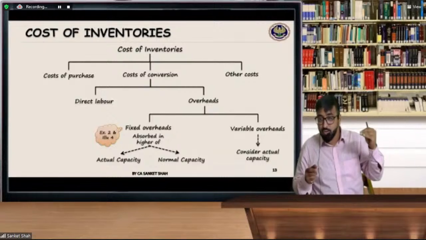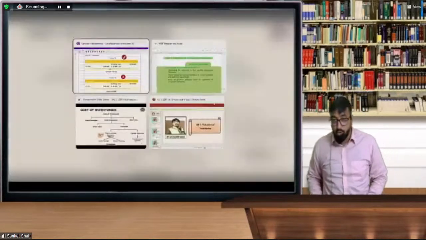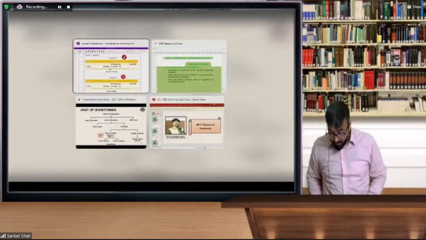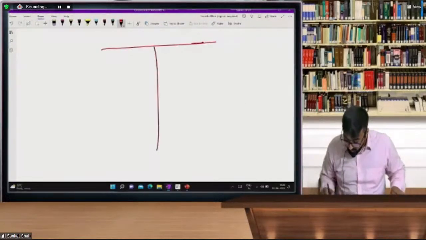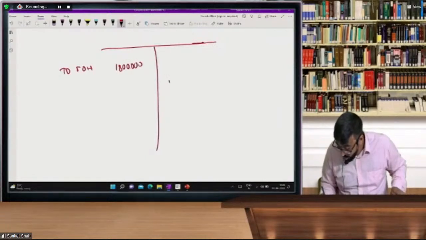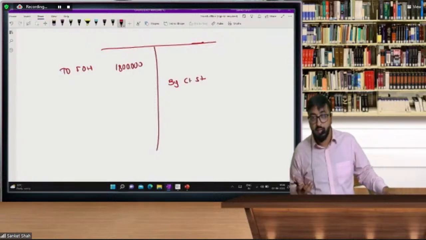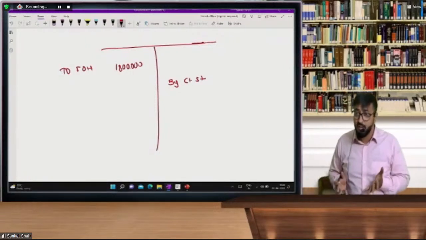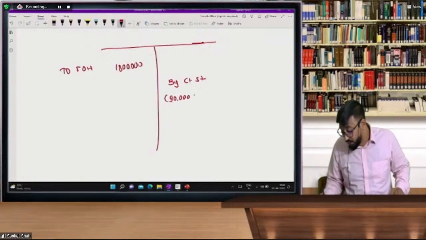सो 90,000 यूनिट्स आपके जो थे, आप देख सकते हो 90,000 यूनिट्स मैंने प्रोड्यूस किए। सो यहां पे मेरा एक्चुअल खर्चा कितना हुआ टू फैक्ट्री ओवरहेड और फिक्स ओवरहेड? 18 लाख रुपए। और सर मैंने 90,000 यूनिट्स प्रोड्यूस की। सर मैंने एक भी यूनिट बेचा नहीं। 90,000 यूनिट्स पूरा का पूरा मेरे पास क्लोजिंग स्टॉक में बच गया, जो मैंने बनाया था।